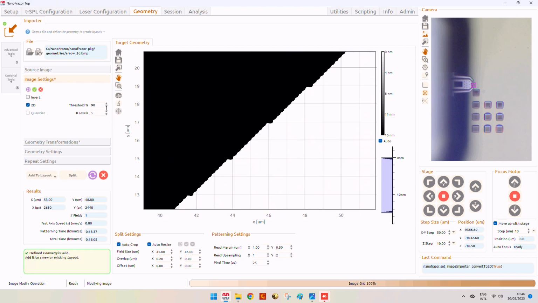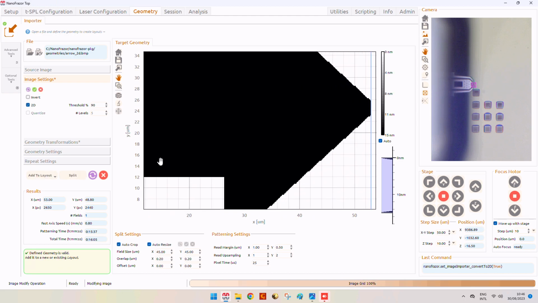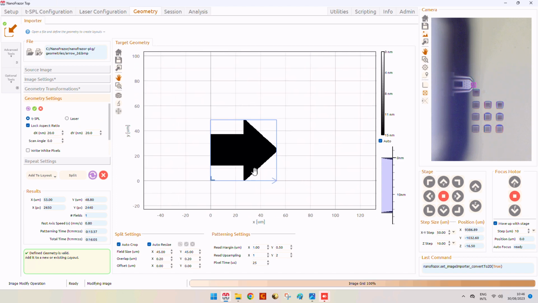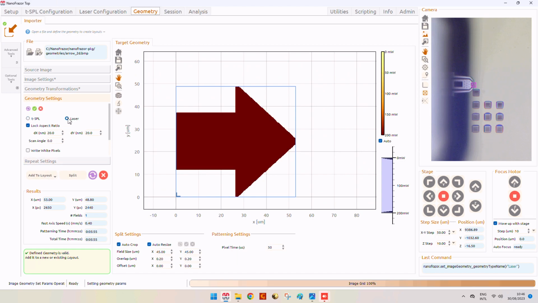So we can do some changes on these images, like putting a 2D filter so that we remove these sort of artifacts that are created when we import it. So we see the dimension of the design is around 50 by 50. It's a good dimension for the laser.